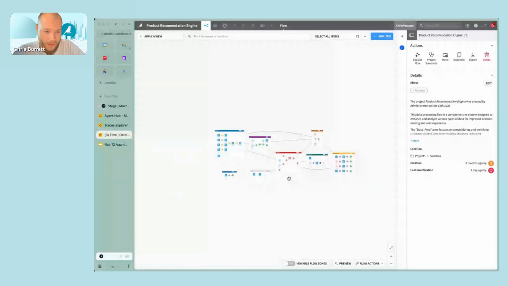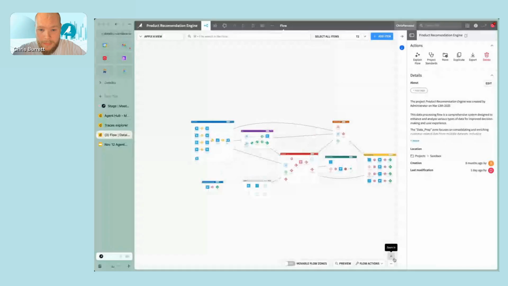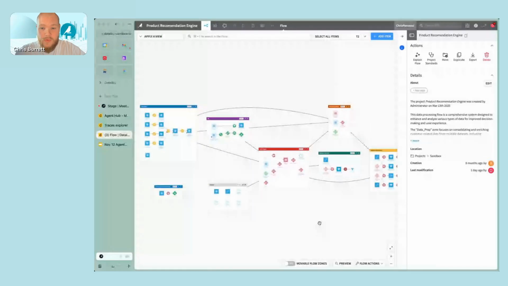So this is Dataiku. For those of you who haven't seen it before, this is kind of a visual representation of our data pipeline. Our various different systems, of course, interacting with one another. And this is actually a use case that we built together with a customer of ours. And so this use case, it's a relatively simple one, but very impactful. It's a product recommendation engine, right?